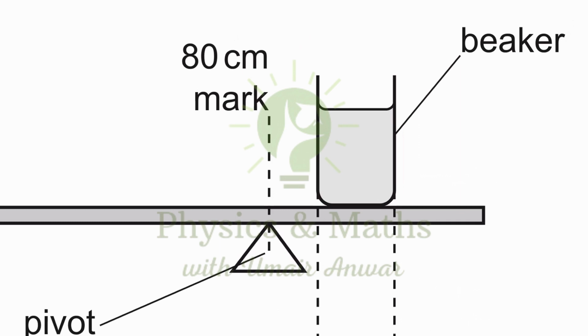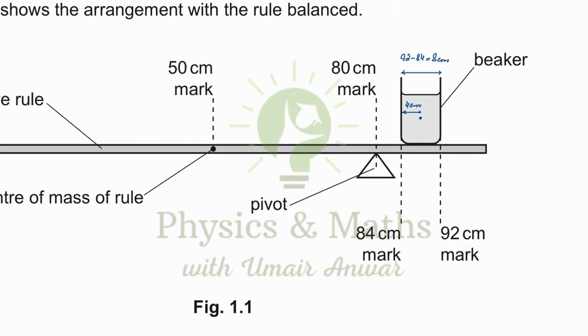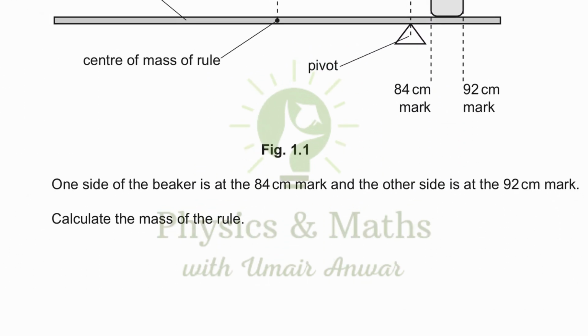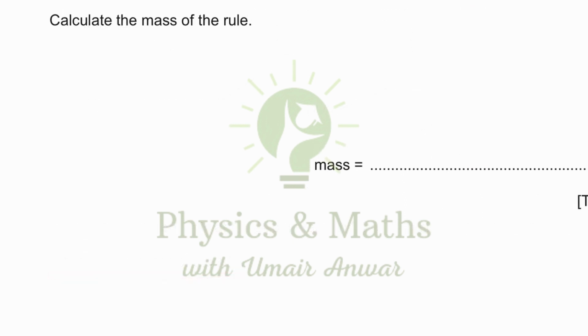So it goes on to tell us that the width of this beaker must be 92 minus 84 equals 8 centimeter, and the center of mass for this beaker must be 4 centimeter from each side. So this distance is going to be 4 centimeter where the center of mass of the beaker would be located. Now, what we have to do, we have to calculate the mass of the rule. Now, since the rule is balanced,